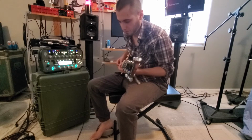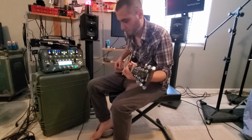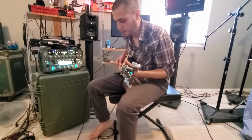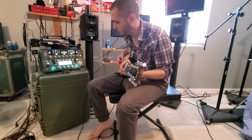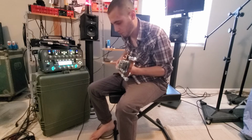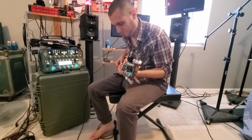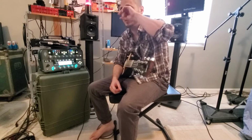We've got the clean super, the grindier one, grindier yet still, although darker, and we've got a plexi. I still have to do some fine tuning on this, but man,